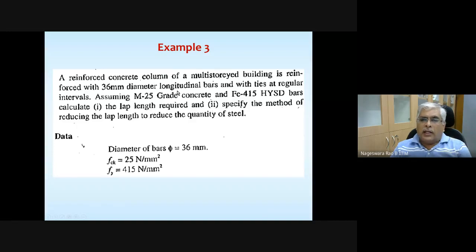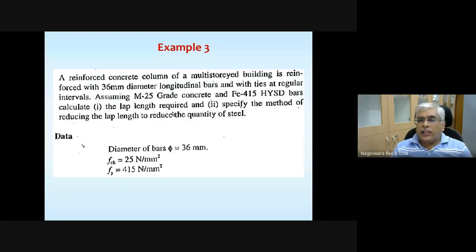Just take whatever information is given here. Basically, it is 36 mm diameter bar, and assuming M20 grade of concrete and Fe415 HYSD steel, calculate lap length required. That is going to depend on your development length, and specify